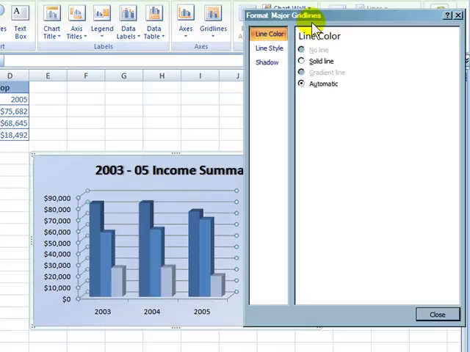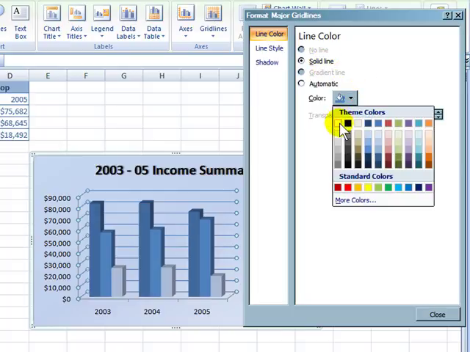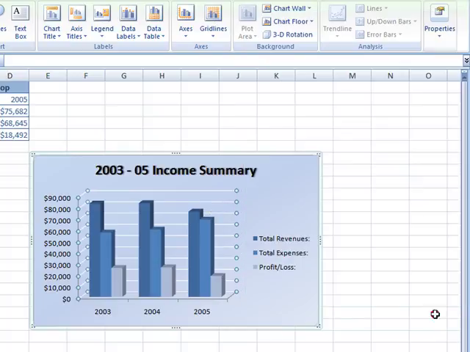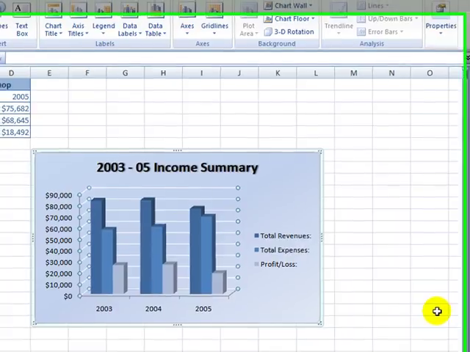I'm now at the bottom of page number 6 of your tutorial. Choose line color, it's already selected. Choose solid line and set the line color to white. As you can see, it's been changed to white. So close. Okay,